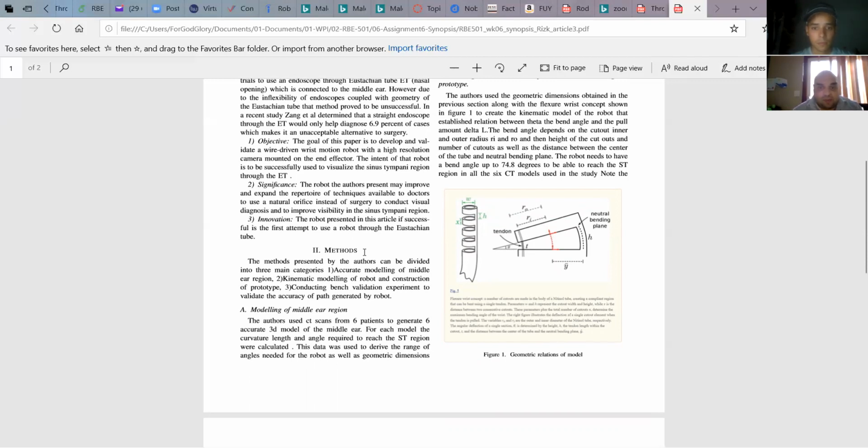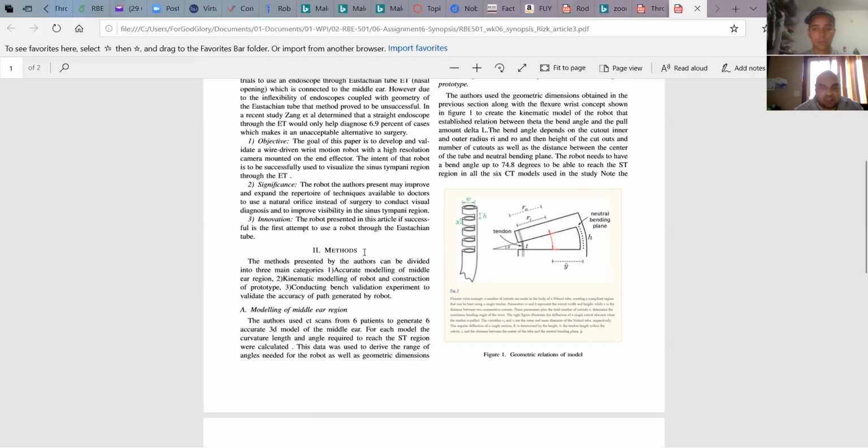So when we speak about the methods, we'll break the methods into three sections. The first section is accurate modeling of the middle ear. The second is kinematic modeling of the robot and construction of the prototype. And the third section of the methodology is conducting bench validation experiments to validate the accuracy of paths generated by the robot. So for the first section, modeling of the middle ear,